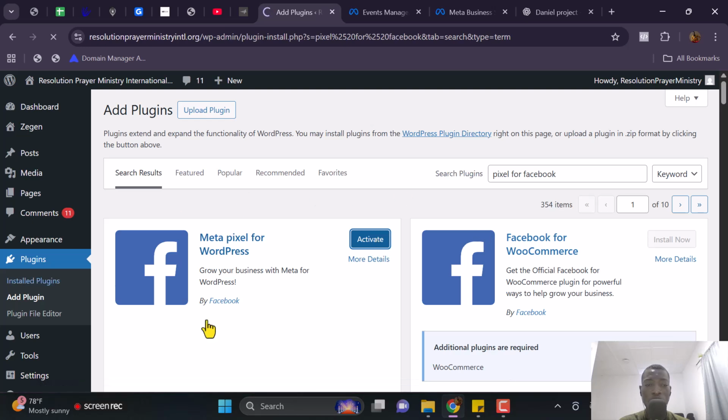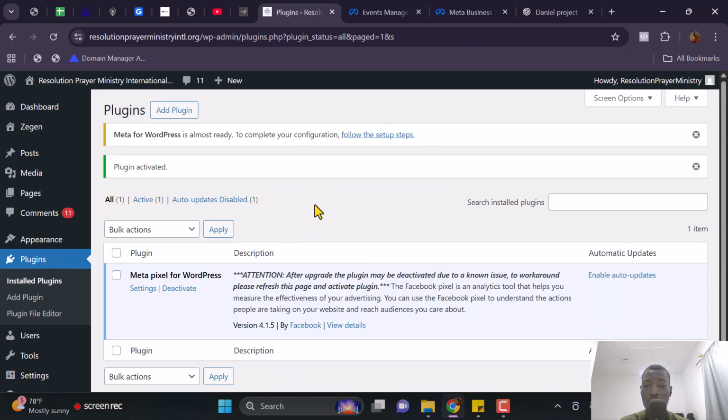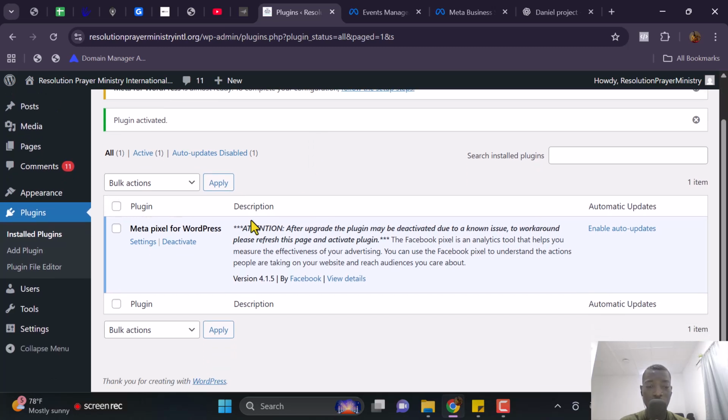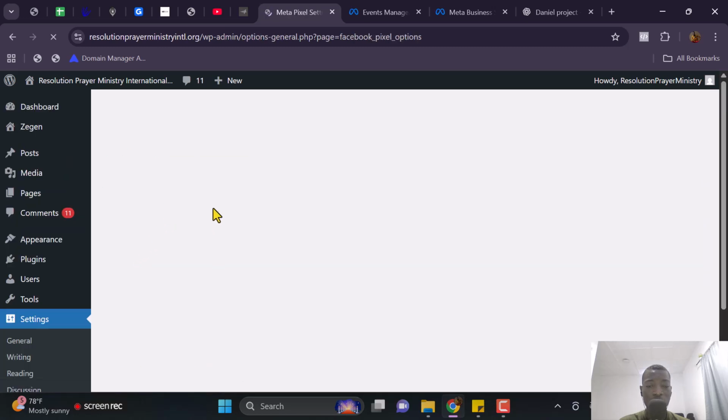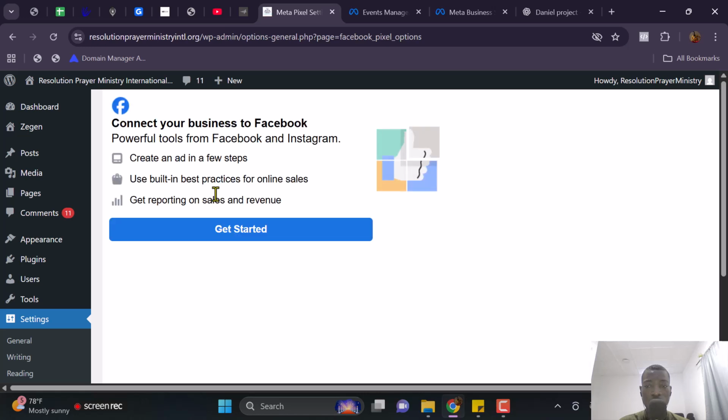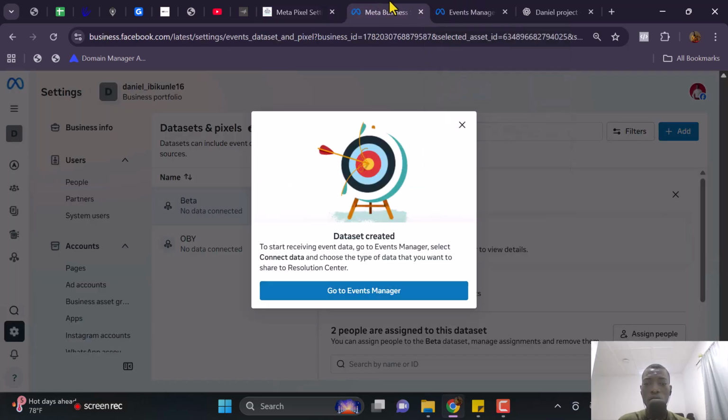If you can't do the whole of this process, you can just ask the developer or designer who designed your website to help you walk through it. So right here now, I'm going to click on settings. Can you see it's brought us down here, right? So what do we need to do? We need to now